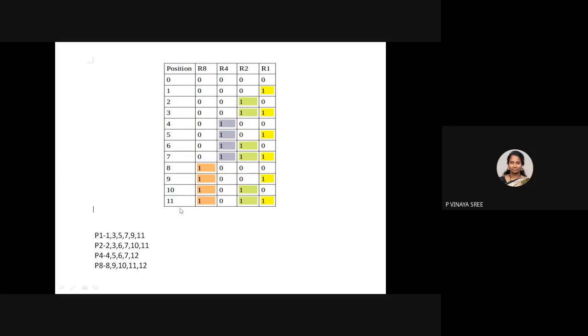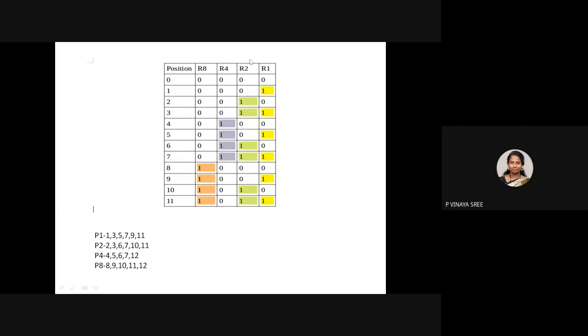Wherever the position, this is P naught, this is P1, this is P2, and this is P3. You can represent the parity positions as 8, 4, 2, 1, that is P8, P4, P2, P1. Note this down. In place of 1 you have 1, next 3, next 5, like that. So to calculate P1, we get 1, 3, 5, 7, 9, 11. For P2 you will get 2, 3, 6, 7, 10, 11.